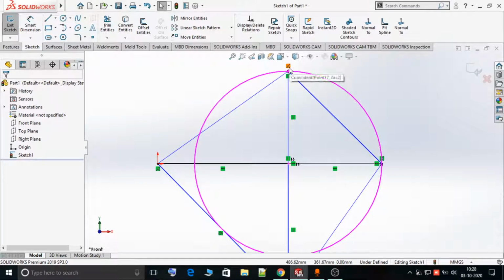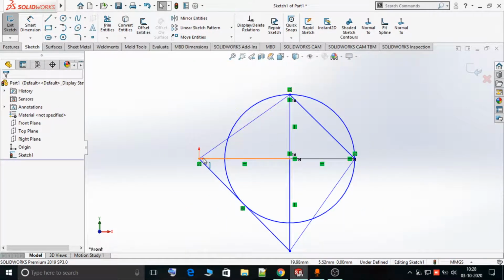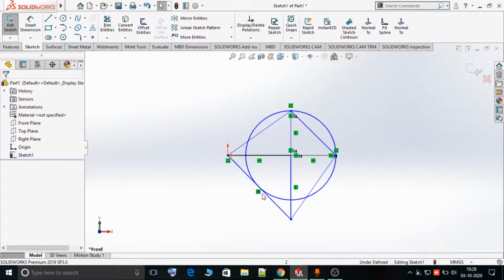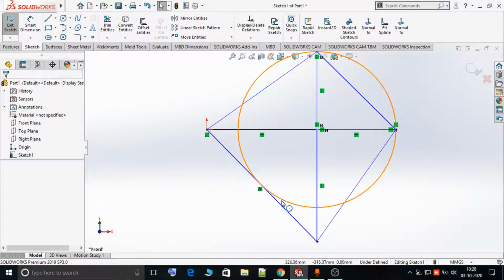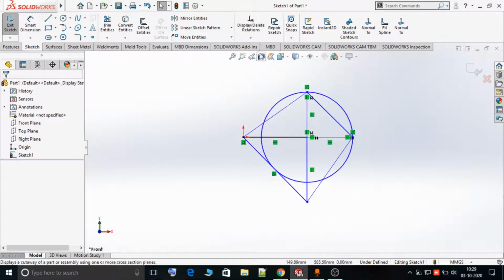Here also there is a coincident relation, and here this is the origin, again this is a coincident relation. Now horizontal, vertical, this line is tangential to this circle, so here you can see a tangent relationship. So in this way, you can see different possible relations inside the sketch.